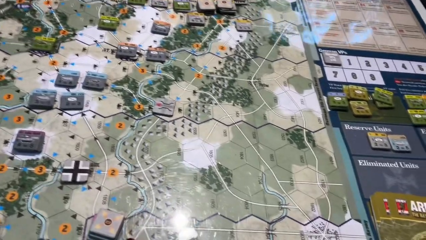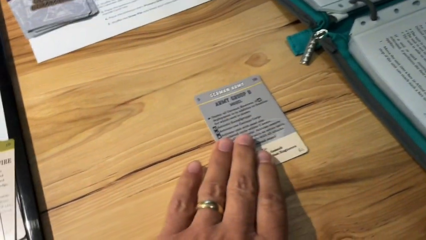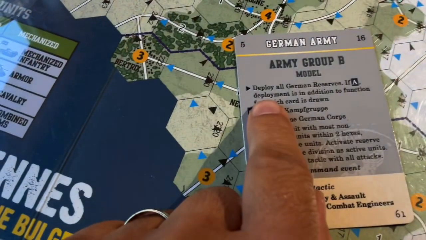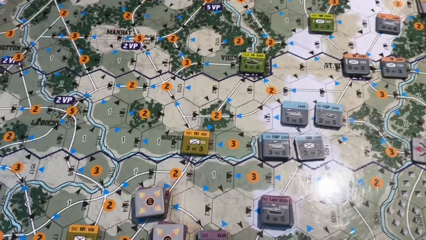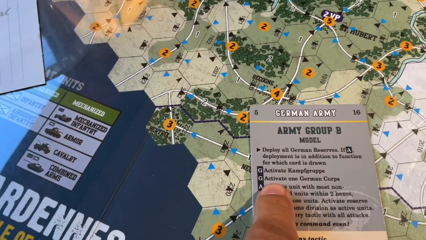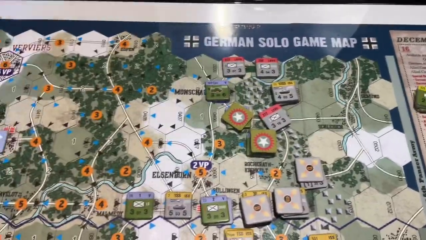All right, so we're to the final Axis or German impulse. We have this card left. Army Group B. So we could deploy all German reserves. There's only 2 pieces. I'm not going to do that. We could do a Kampfgruppe. So anywhere on the board, I drop that Kampfgruppe piece, and all pieces within 2 are activated. I could activate any single German corps or any command event. I'm going to do the Kampfgruppe